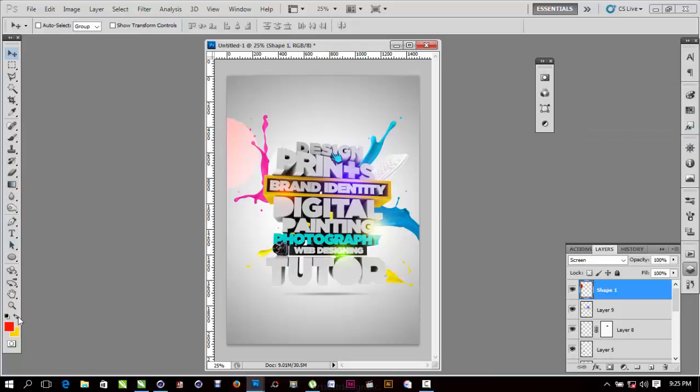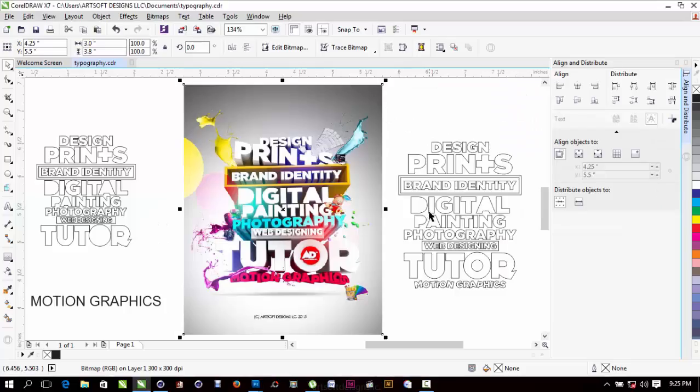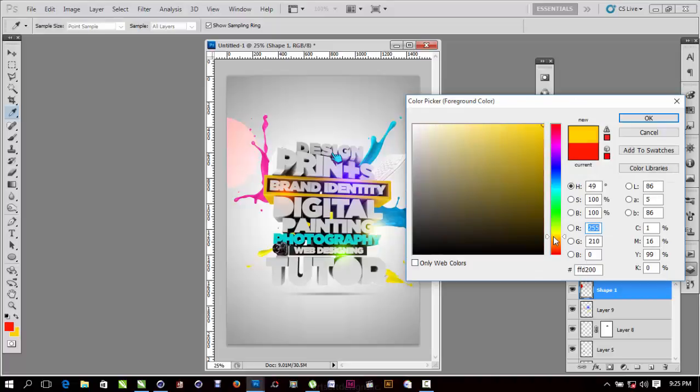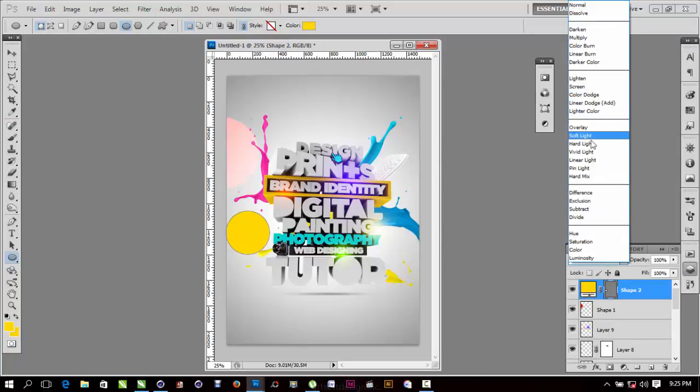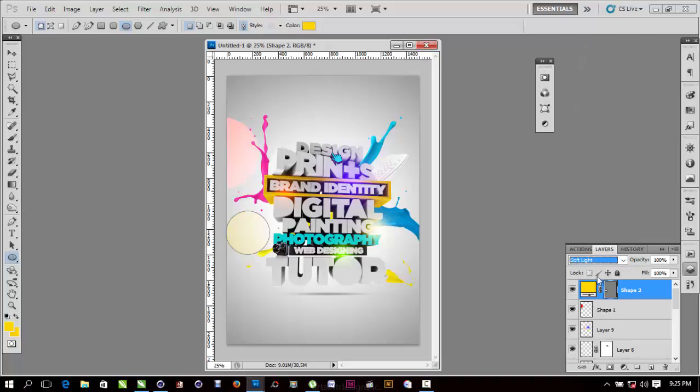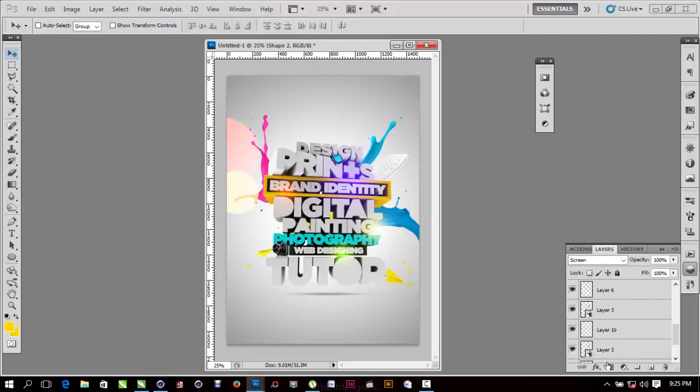So I'll do the same thing again, selecting another color, something like yellow tone. And I'll draw another circle like this. And change the blend mode to screen or something like this. Then rasterize the layer or something like this. Now we can add a little bit of